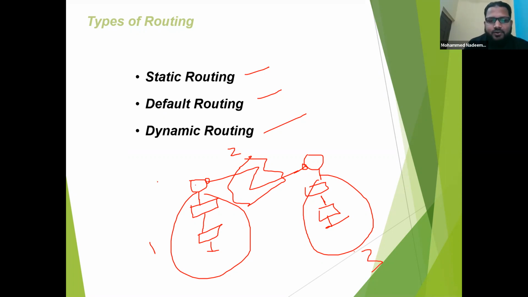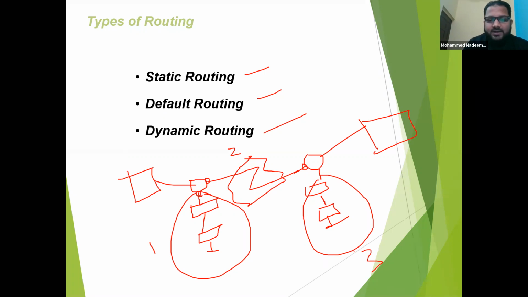If you go to the routing table of this router, we will see this directly in the lab. What routes will be there by default? First, remember this point: by default a router will store all its directly connected networks. What are the directly connected networks here? Can I say LAN 1 and the WAN? These two are directly connected networks.